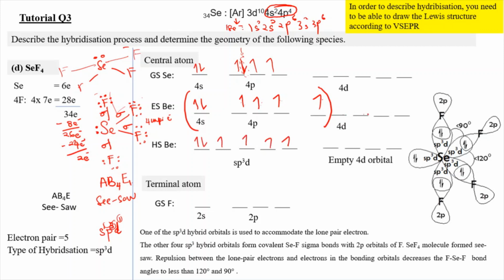And for 1, 2, 3, 4 here, it is the empty 4d orbital that is not involved in the hybridization process. Only this part is involved. Okay, so we are done at the central atom. Now we're going to look at the terminal atom. So for the terminal atom,